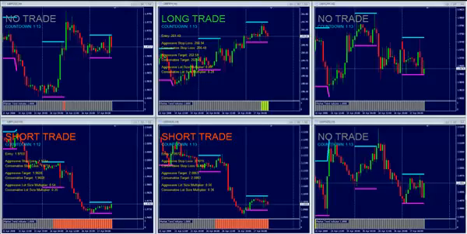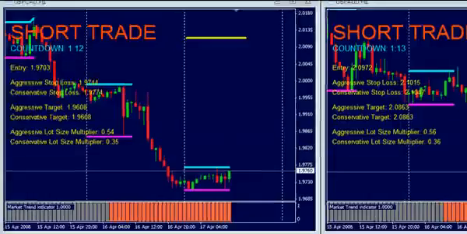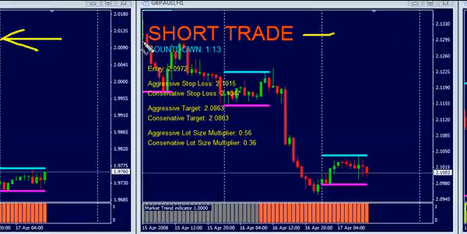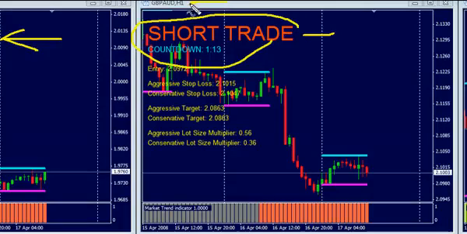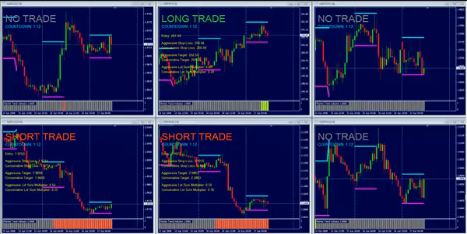As you can see in my live screen, my custom indicator is calling 3 possible trading opportunities for today. Oh boy, good. A long trade on the pound yen. Let's see, a short trade on the pound Canadian dollar, and looks like also a short trade on the pound Australian dollar. The other 3 pound crosses, the pound American dollar, the pound Swiss franc, and the pound New Zealand